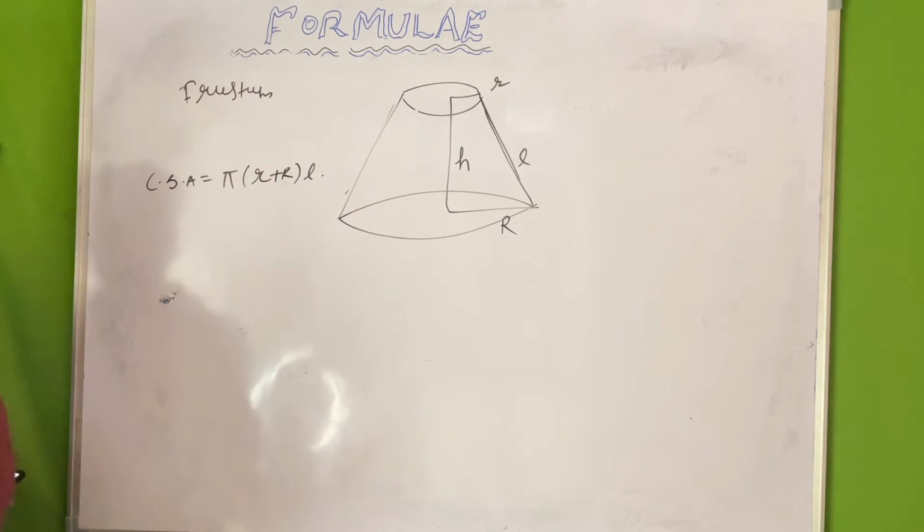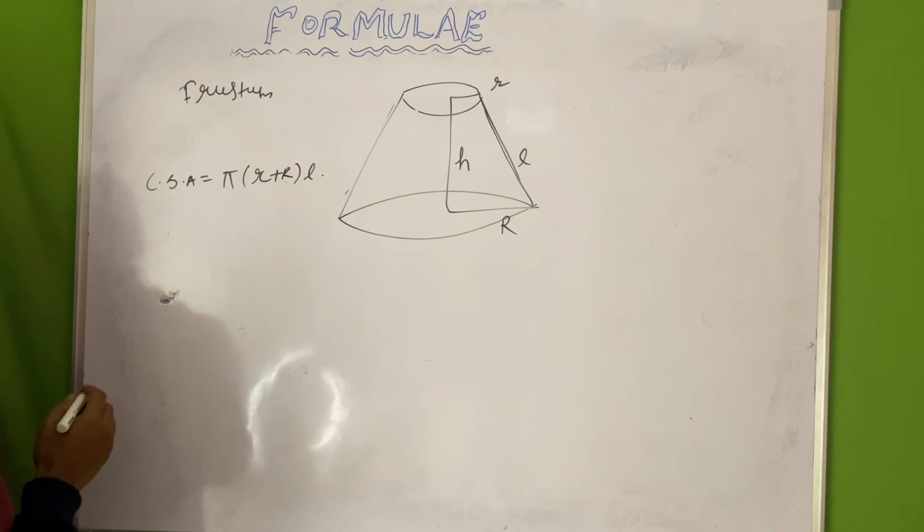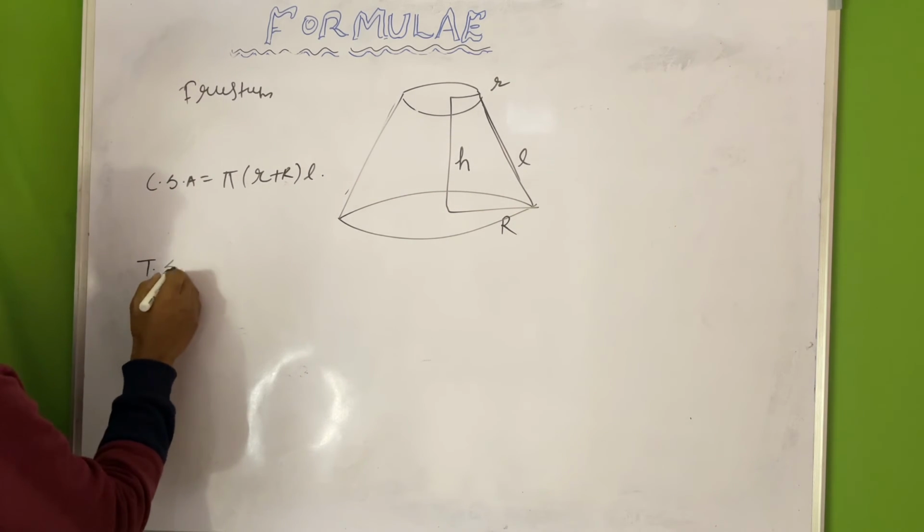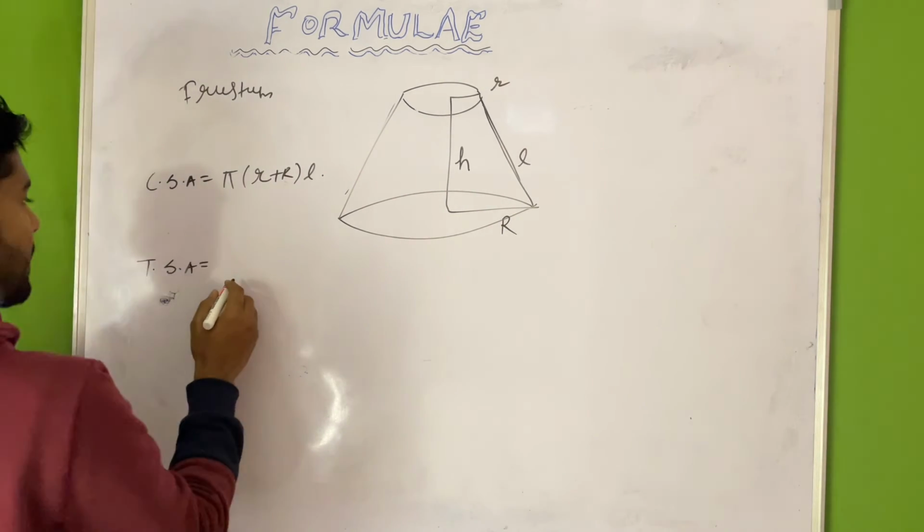This is CSA. And TSA, total surface area of this frustum, is